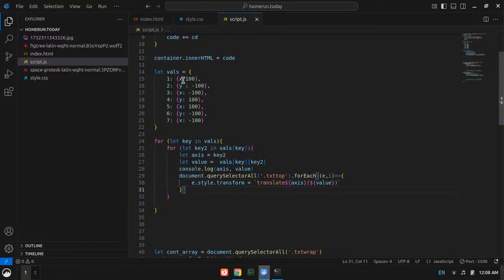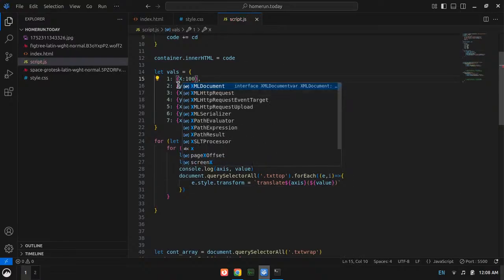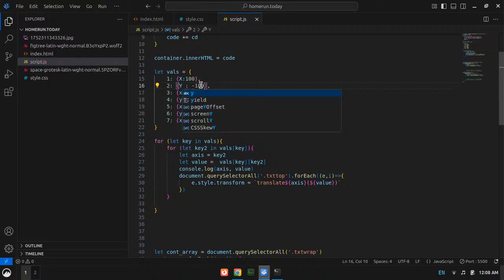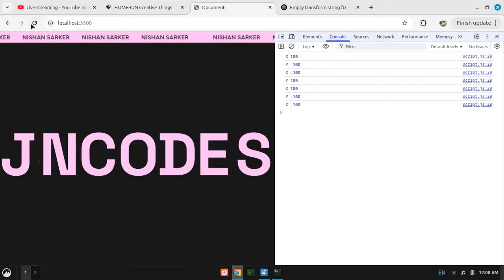Now what I need to do is just make them capital Y, and then here it is. Actually, just let me select the x's all along and replace them with X, and the y's all along and replace them with Y. Okay, now should it work? I guess it should.